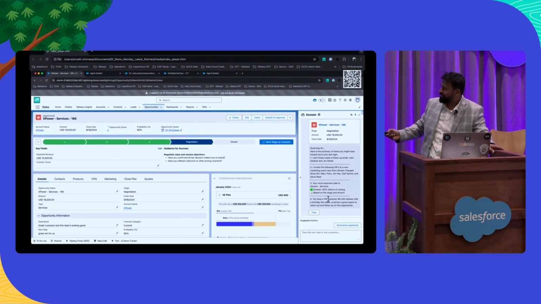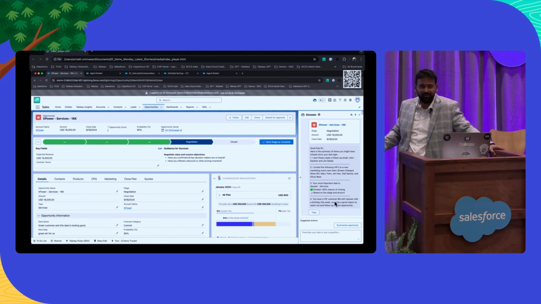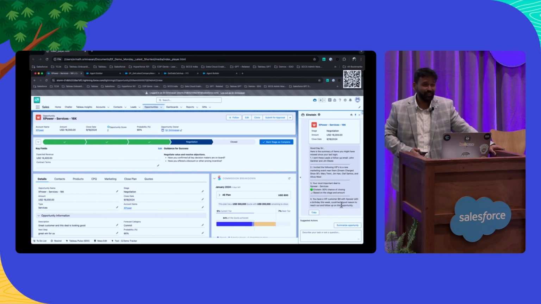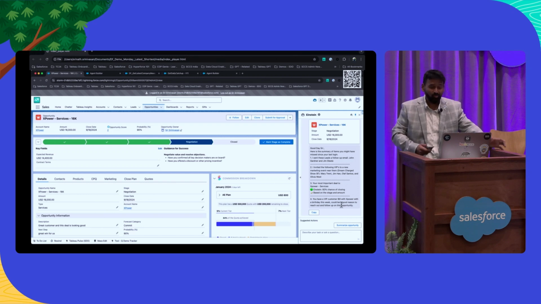A little tidbit that I also see is that it tells me Bill has a birthday coming up this week. This could be an opportunity for Jake to send an email, or better yet, he can create another custom action that says send Bill a gift, and the system would then see what the total account value is and decide what gift should be sent out to Bill. So everything looks great.